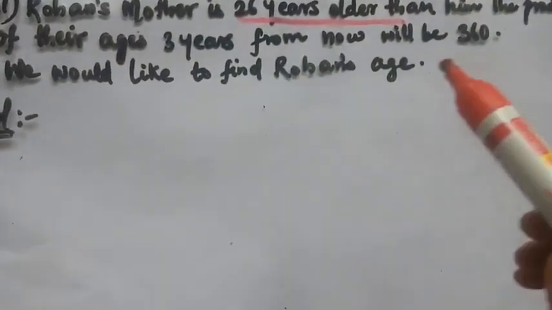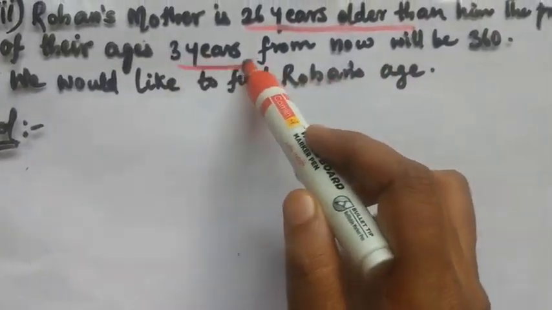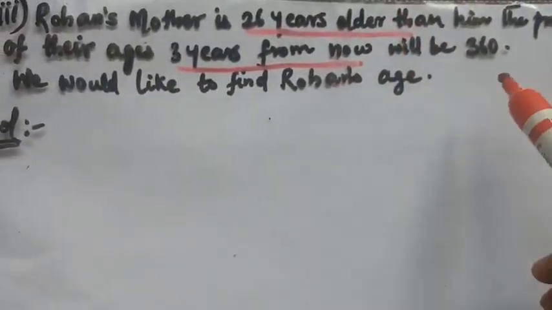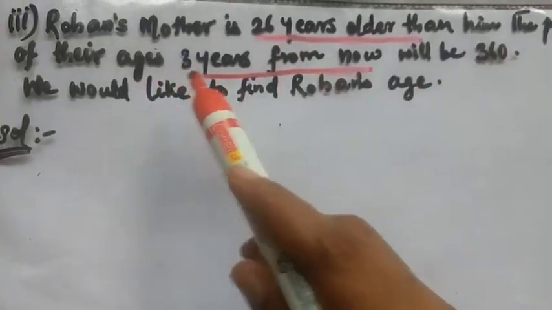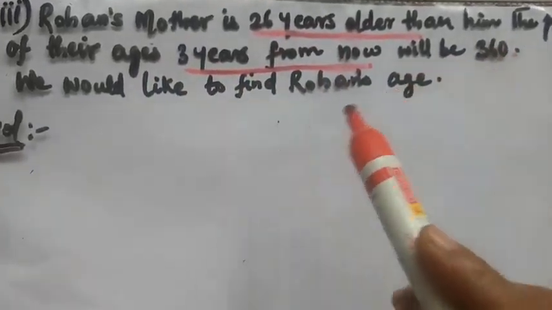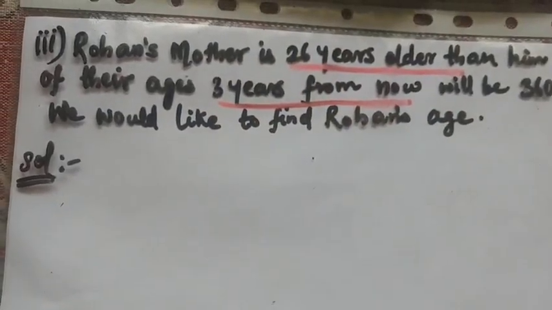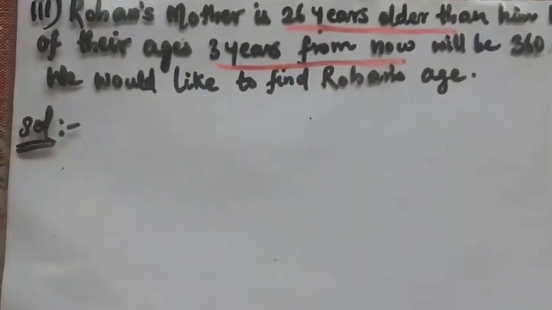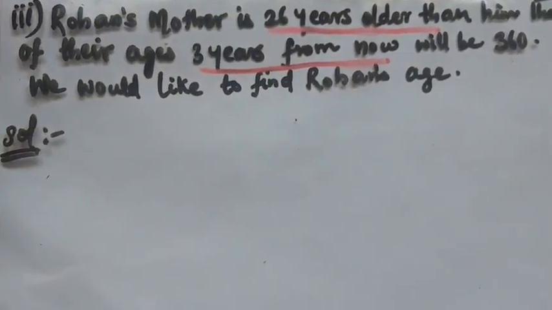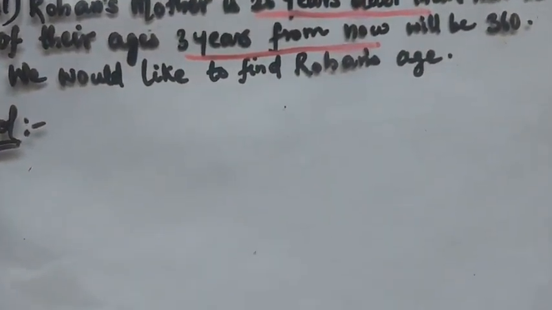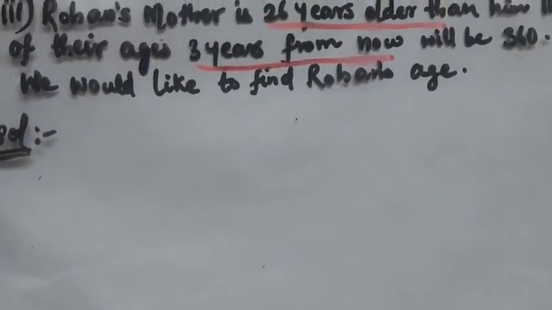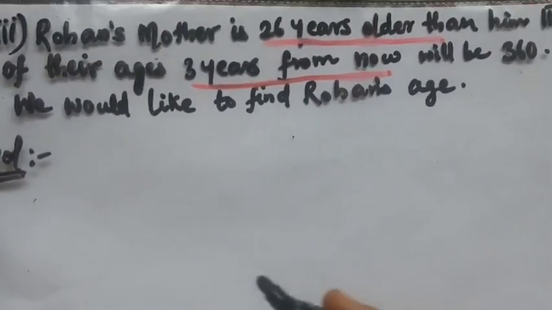And what is he telling? 3 years from now means after 3 years. After 3 years what will happen? The product of their ages will be 360. So using this information we have to frame a quadratic equation. So let's start the problem. Here it is saying Rohan's mother is 26 years older than him, but we don't know what is Rohan's age, right? So what we will do, we will assume